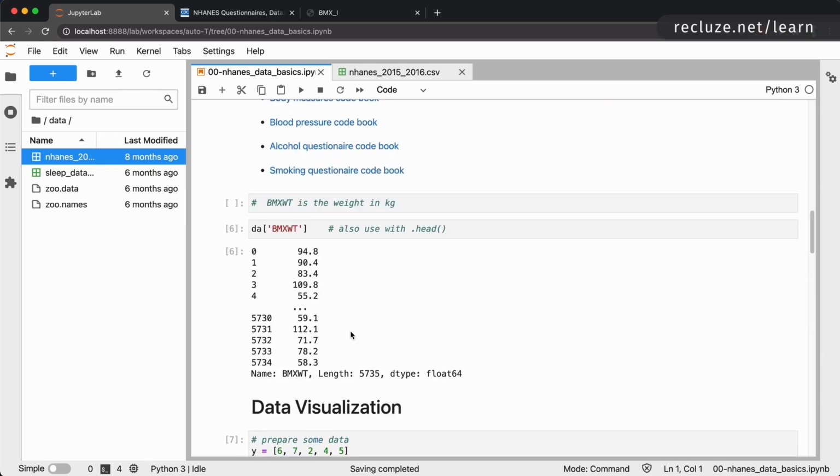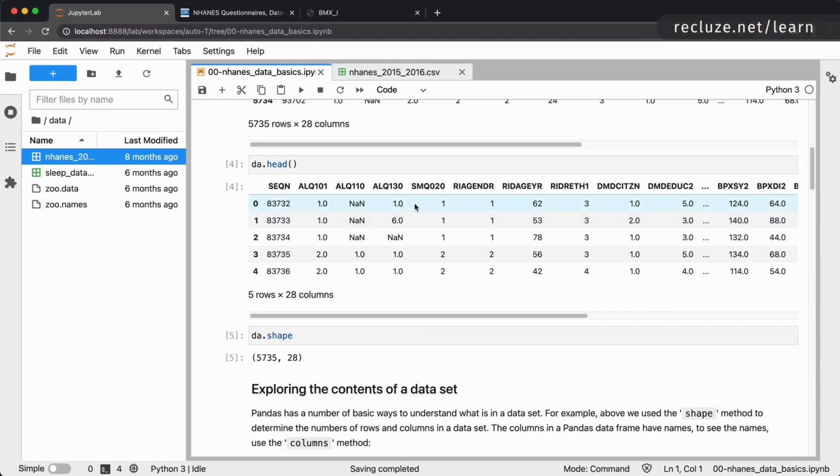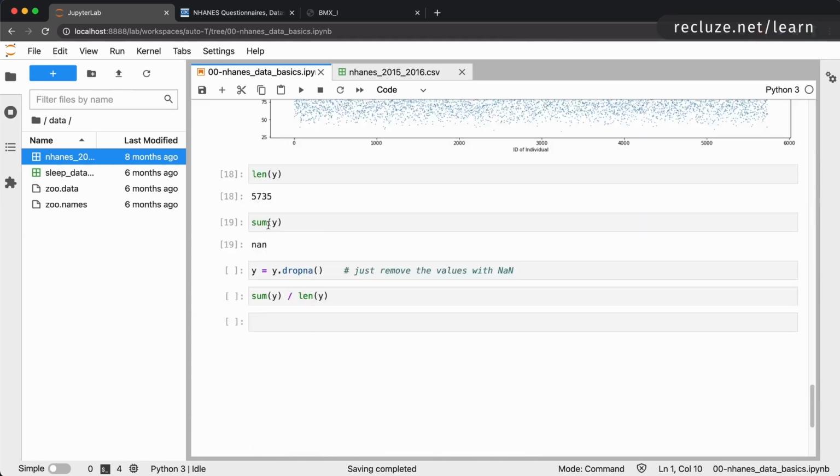The problem is that in this data set, there are going to be some values which are missing. So not a number for this particular person, for this particular attribute is not present. It's either because the person chose not to answer the question, or the data entry operator made a mistake and they simply skipped it, or somehow it got corrupted, but the end result is that this value is simply not present. It's called a missing value. And if you add not a number with 1.0, it's going to be not a number, right? So a missing value plus anything is also a missing value, right? So that is why we are getting this sum as not a number.